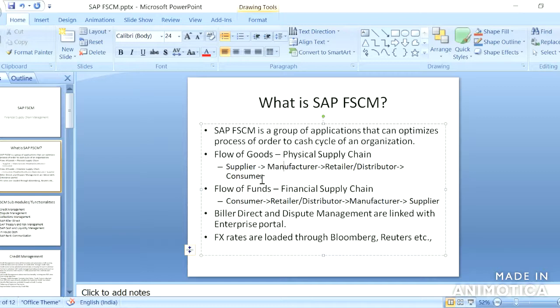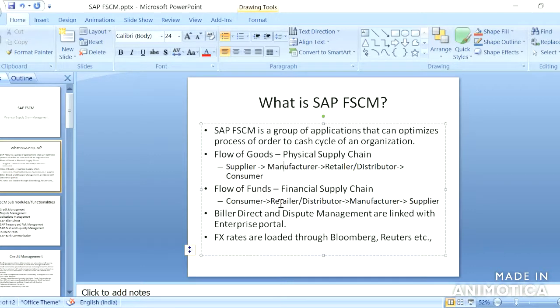So in this total process, how the supply chain is working. Every company will have a vendor and every company will have a customer. So this is the chain related to goods. The vendor supplies the goods to the manufacturer, the manufacturer produces and again sells those goods to the customer. So how will the flow of funds work? So it is a financial supply chain. How is the financial supply chain linked?